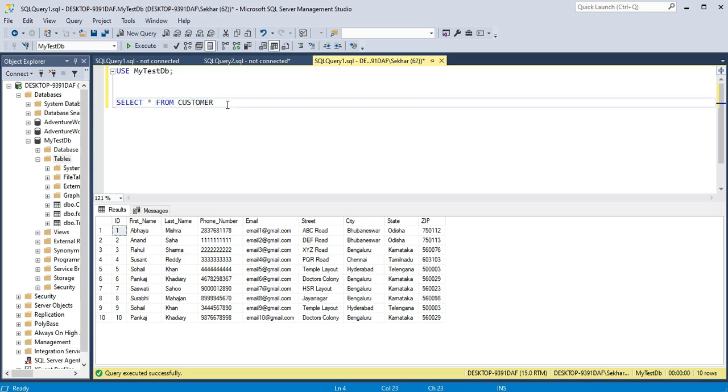As I said, we have to use ORDER BY so that we can use OFFSET and FETCH in our query. If there is no ORDER BY, then we are not allowed to use OFFSET and FETCH. Okay, so let's try that first.